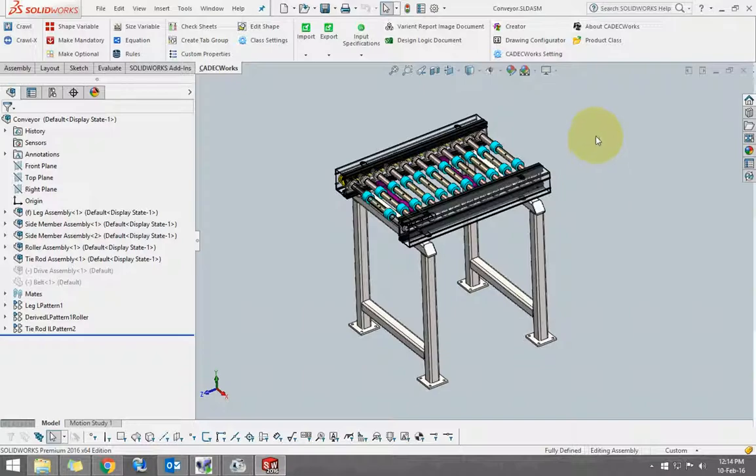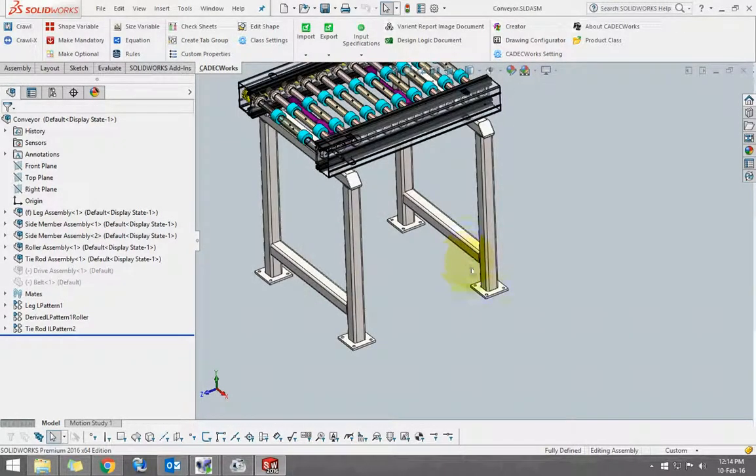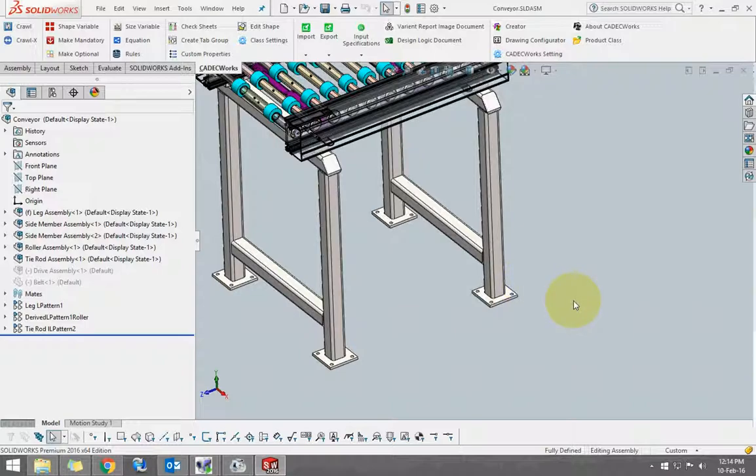For example, for this particular product class we can classify it based on which type of conveyor it is, whether it is a roller conveyor or a belt conveyor. So conveyor type is a variable, and roller conveyor and belt conveyor are the different values, or the different options, for that classification. Same way we can check which kind of fixing mechanism we need to fix this one, whether no fixing or some foundation bolt or like that.